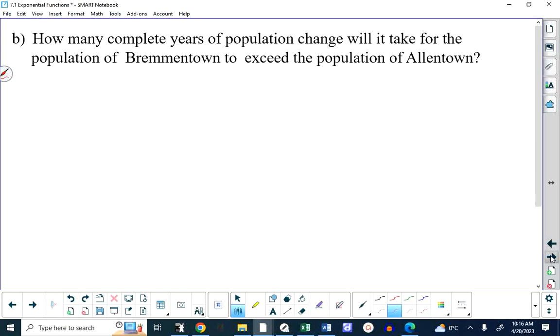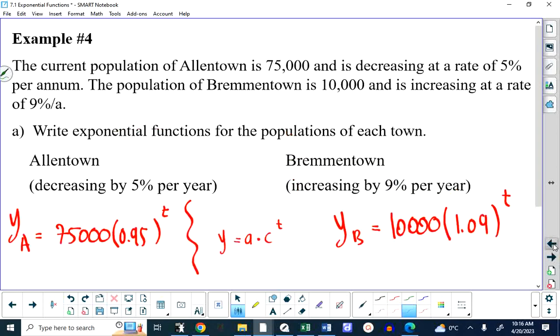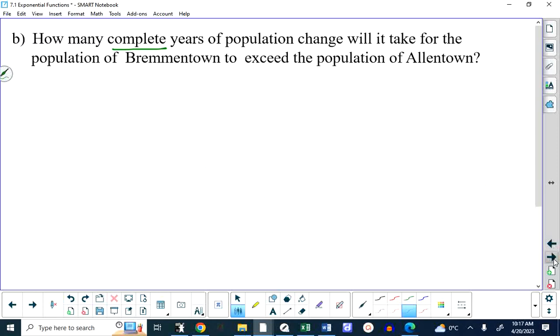How many complete years of change will it take for Brementown to finally surpass Allentown? And there's a misconception here. I hope none of you think this, but I'm talking about how many complete years it will take Brementown not to reach a population of 75,000, but to reach the population that Allentown will have at that point in time. So if you were to look at this graphically,